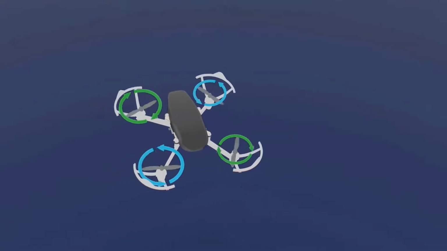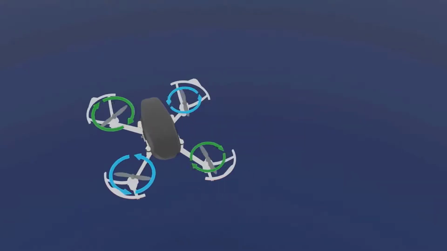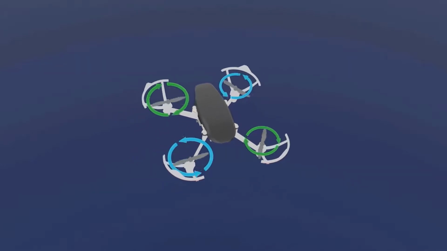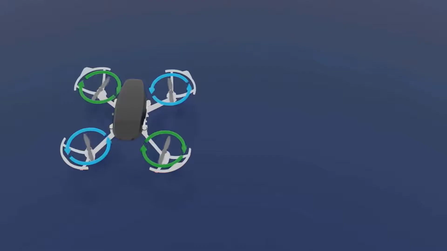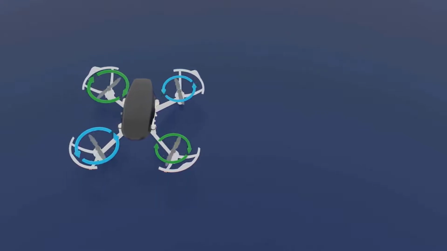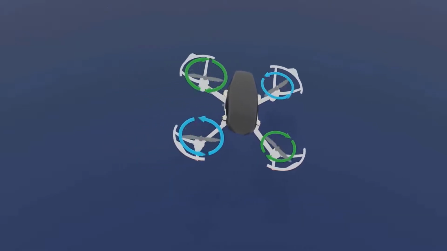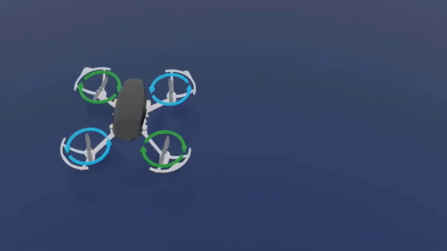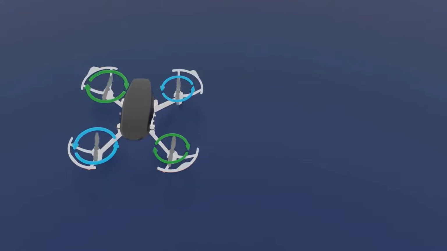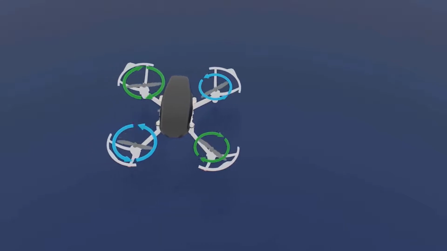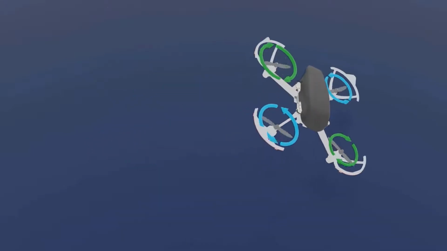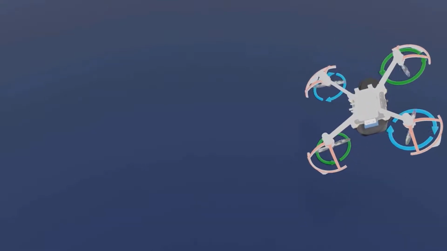You will first increase the RPM of these two motors. As you increase the RPM, the lift and the thrust generated by these two motors will increase, thus causing the drone to tilt and start rotating. As I explained in my previous lecture, if I keep the RPM higher on these two than the others and just leave it that way, this drone will continue rotating before it falls.